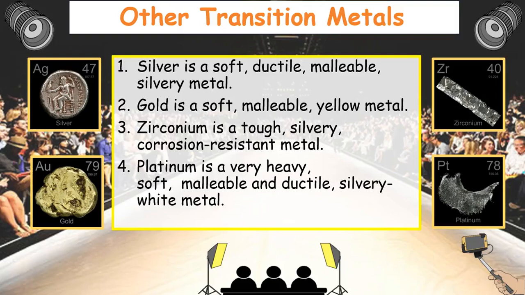So here are a couple more transition metals I want to talk about. But remember, any transition metal could be used as an example, folks. To organize ourselves, we focus on period 4 transition metals. But do not be alarmed if you see other transition metal examples, like silver, our soft, ductile, malleable silvery metal,